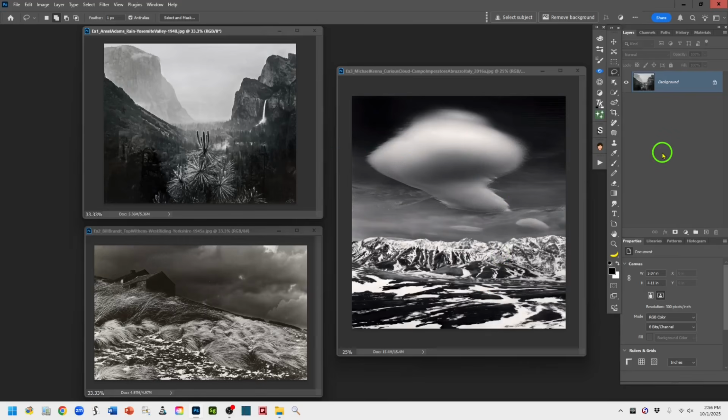The second thing I'm going to do is provide some quick tips on what to look for as qualities of landscape photos that should work well if converted to black and white. And then the final and third thing that I'm going to do in the video is walk through a three-phased step-by-step Photoshop demo that shows you how to convert a color landscape image to a fine art black and white